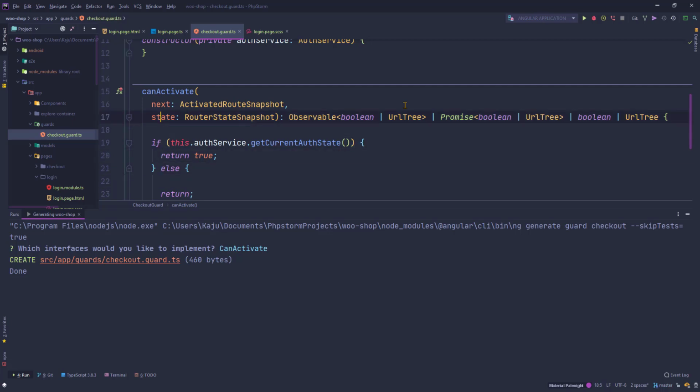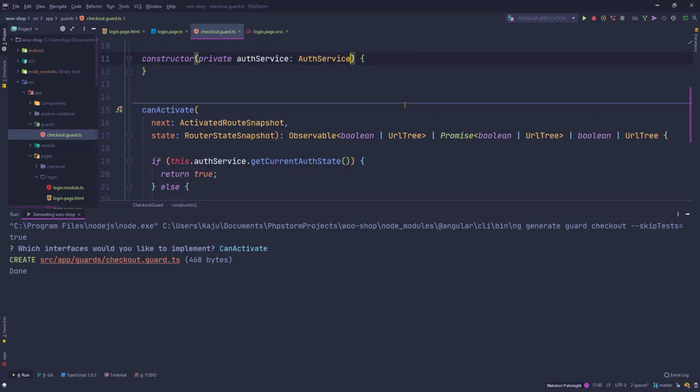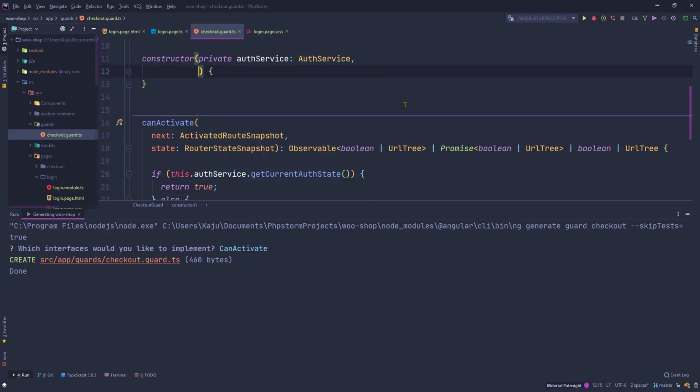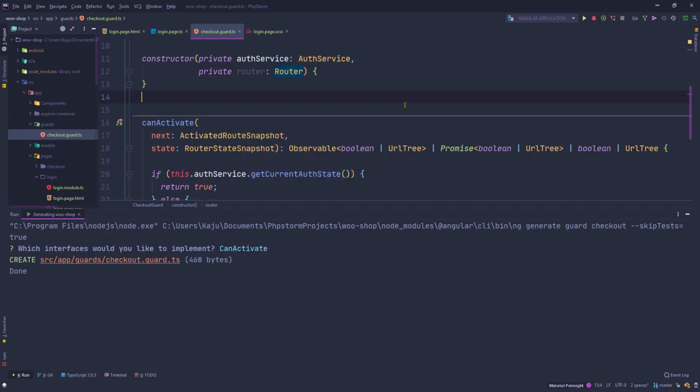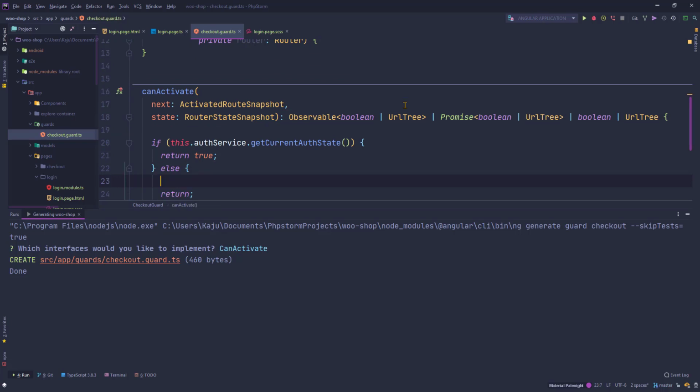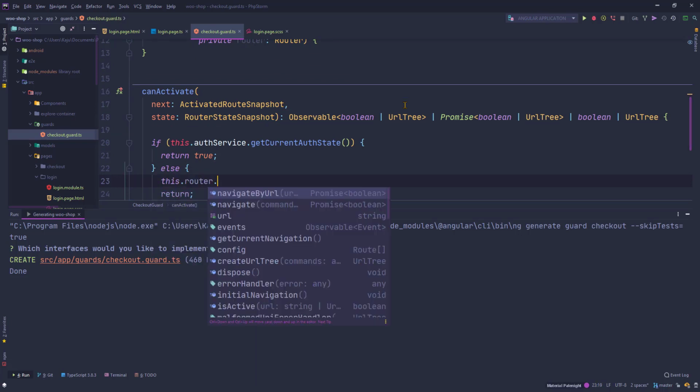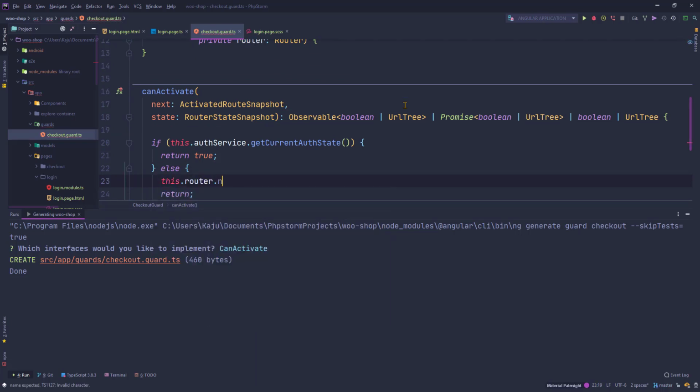redirect. We'll also use the redirect method here. So for that we need the router, private router. So I will redirect the user to the login URL, that's /login, and we'll also send the return URL here. Okay,